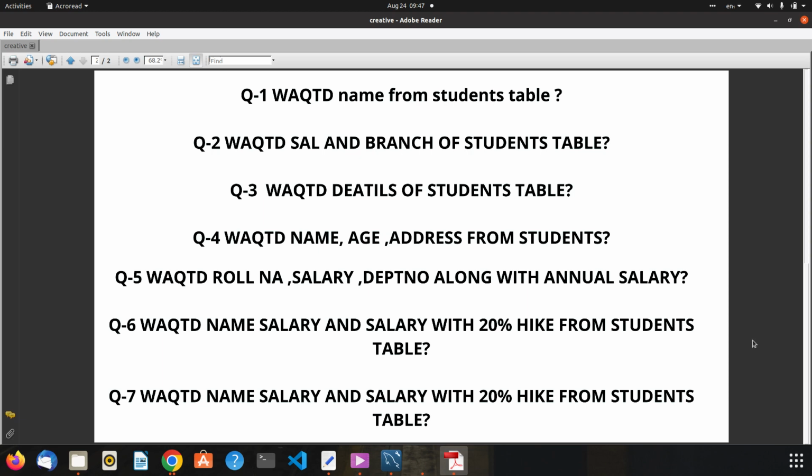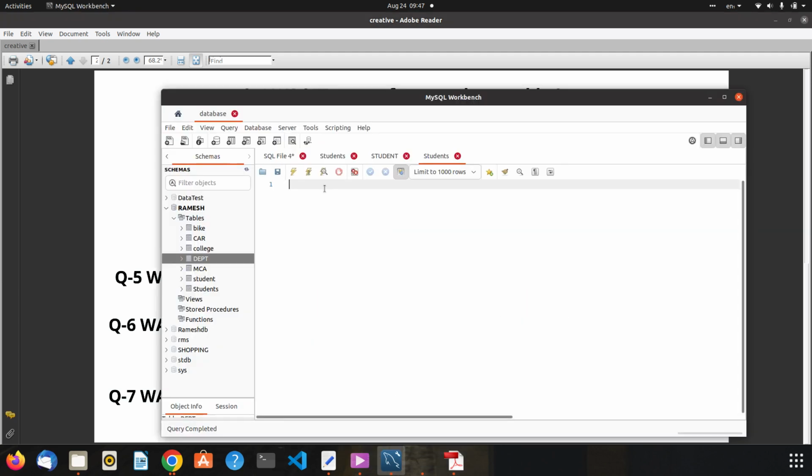So guys, I already created a student table in my database. So I will show you where my student table is created. First of all, if you want to go to any database, then we write use and the database name. My database name is Ramesh. Okay guys, so run this query.